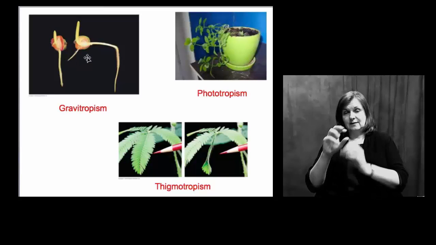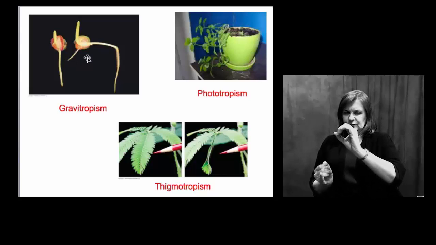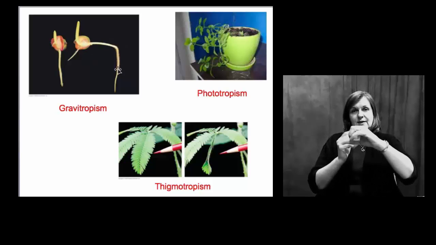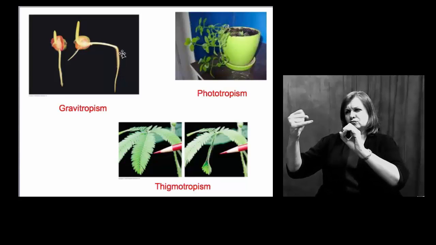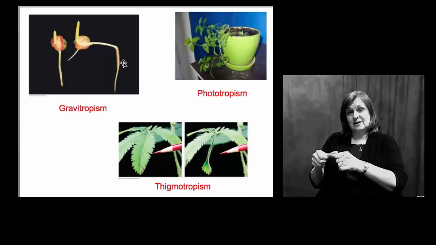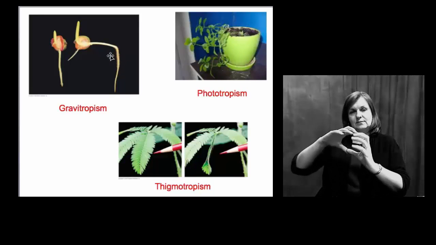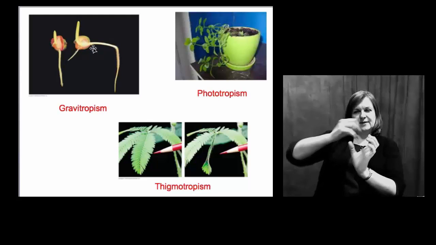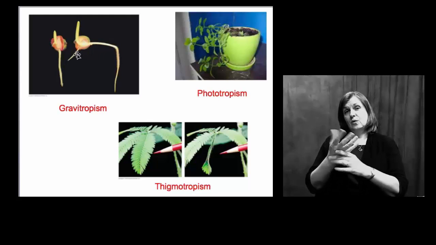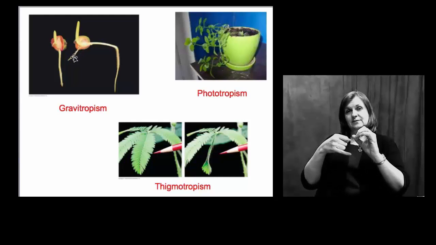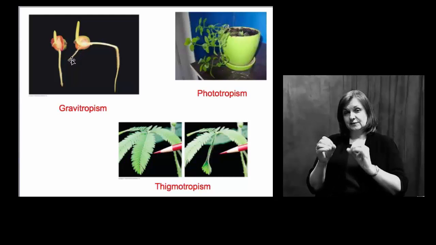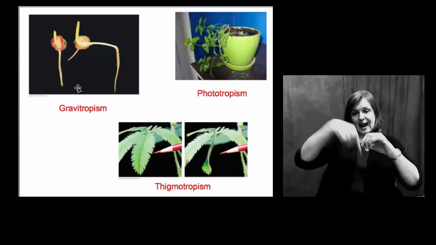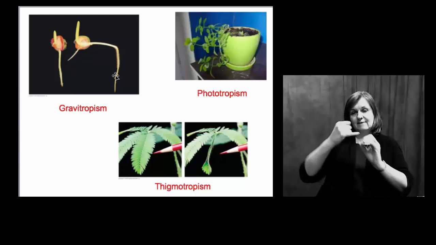Our seed on the right here has actually been turned partway through germination. So you see that it had started to kind of grow down, and this part of the root you can kind of see is actually starting to even get root hairs associated with it. But then someone came and moved this seed, and when they did, that seed is now trying to turn itself, and here you see it's actually growing a different root in response to that turning of the seed, so that it will actually grow down now again in response to gravity